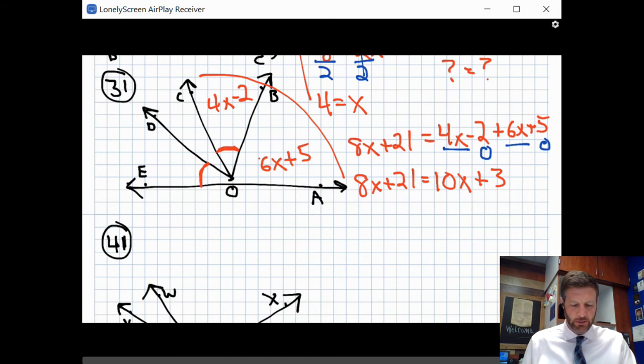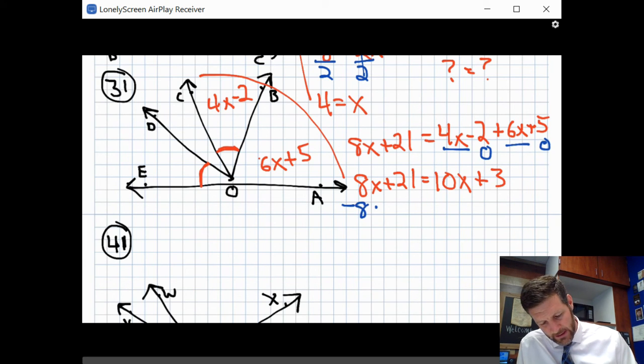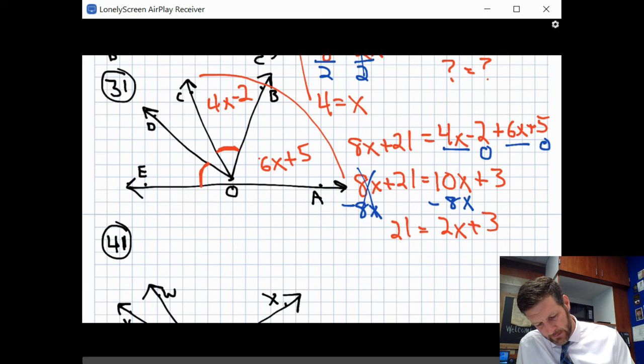All right, now I've got what looks like my more typically balanced equation. And so let's get our x's together. I've got an 8x and a 10x. I'm going to go with subtract the smaller one. So I need to subtract 8x because that's the opposite of a positive 8x. And I need to do that on both sides. It cancels out. And so now we are left with 21 equals 2x plus 3. And we subtract our 3 over here. It's going to cancel out the 3's. And so then 21 minus 3, that's going to be 18